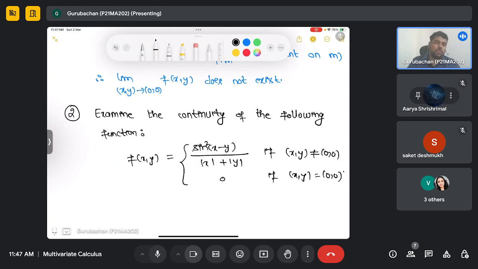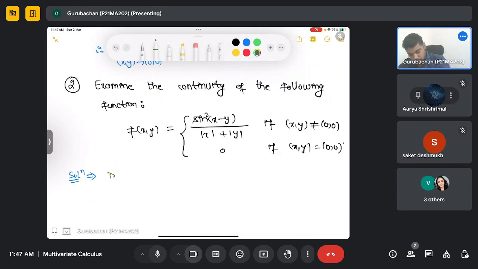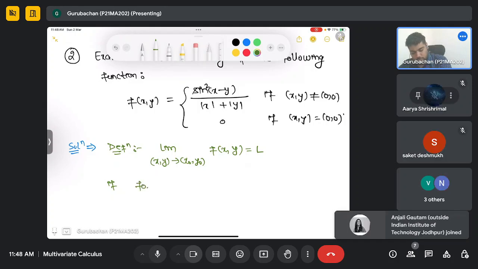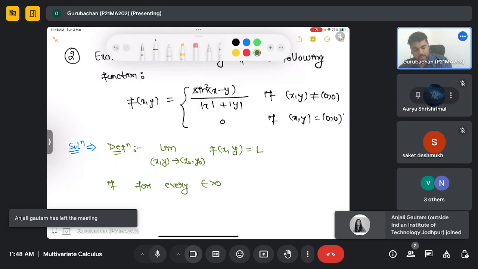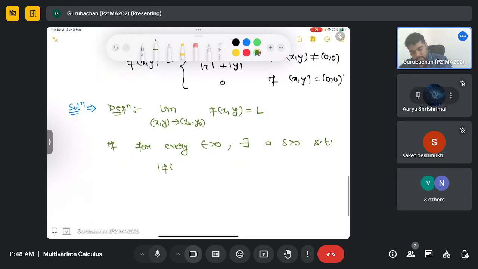For that, let me first recall the epsilon delta definition for a function of two variables: limit of f(x,y) as (x,y) tends to some (x naught, y naught) is L. We say that this is true if for every epsilon greater than 0, there exists a delta greater than 0 such that |f(x,y) minus L| is less than epsilon